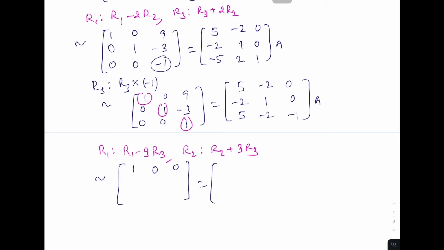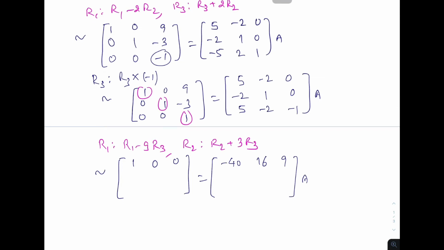Apply the same process in the right side. So that is nothing but multiply with minus 9, so minus 45 plus 5, so that is minus 40. Multiply with minus 9, so that will be 18, minus 2, and so 16. Multiply with minus 9 here, so that will be 9, and add here, so that is 9.